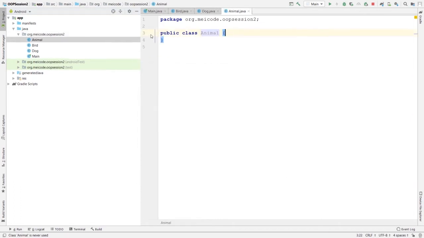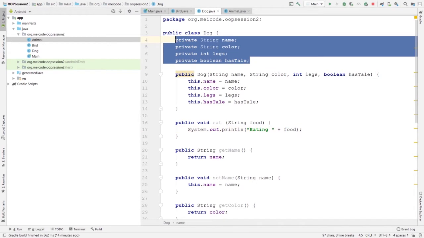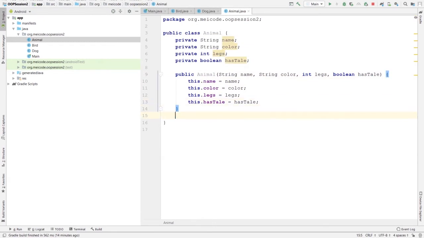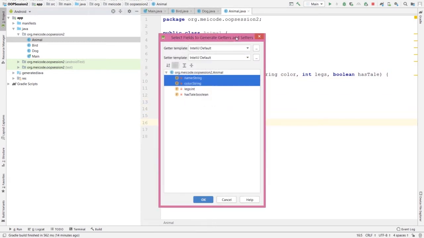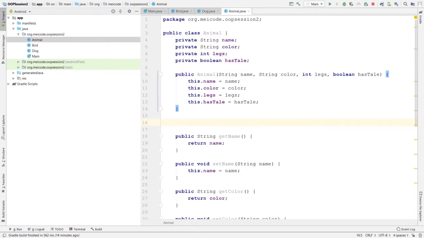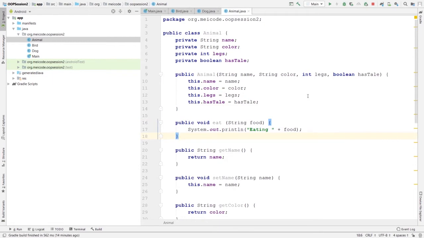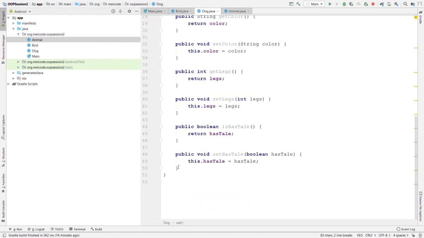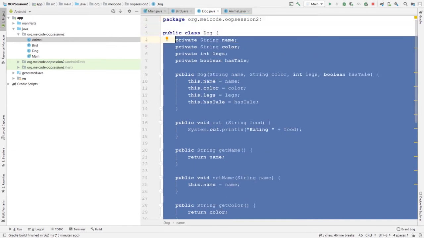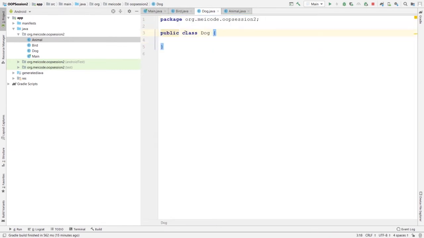Let's call our parent class animal. Maybe copy some of these from here. Constructor and getters and setters. Also, let's copy that eat method. Now that we have defined our base animal class, I can delete all of these for my dog and instead inherit that animal class. Let's delete all of these, and in here at the class declaration, after the name of